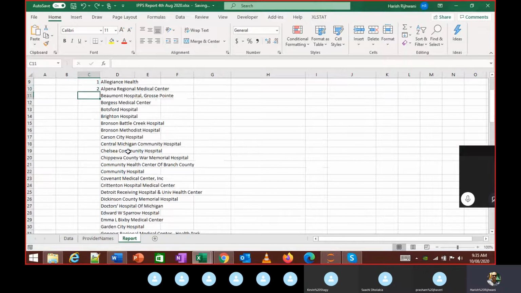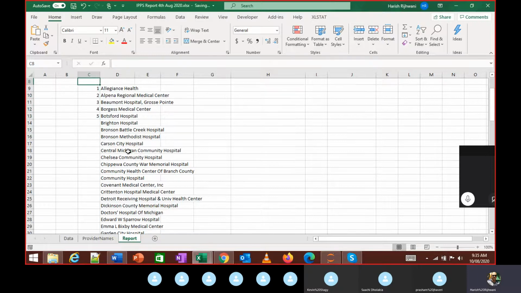Do you remember what I talked about, Control D? Do you remember what Control D does? It fills the data down. Control plus D will fill the data down.